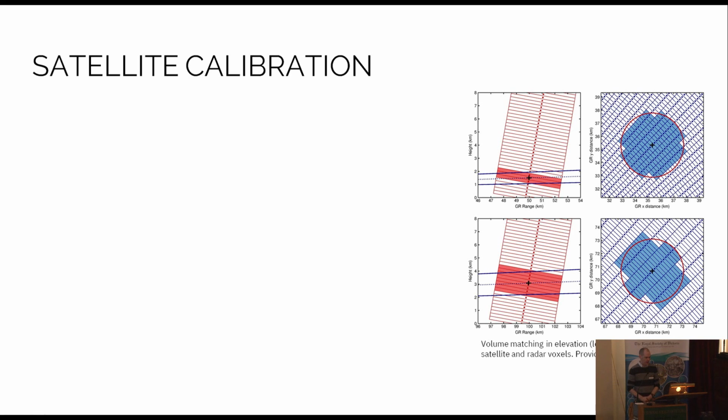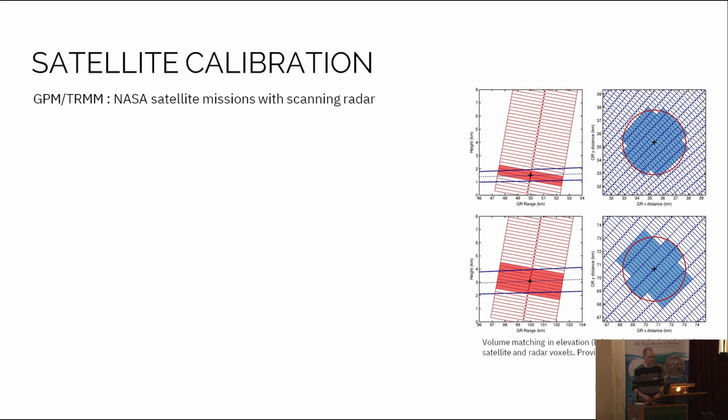So looking briefly at the satellite calibration. We use the GPM and TRMM satellites to provide an absolute calibration over our radar sites. And we do this by volume matching. You can see the plot on the right there shows how we match the satellite pixel, which is shown with